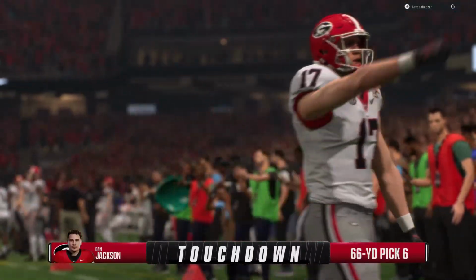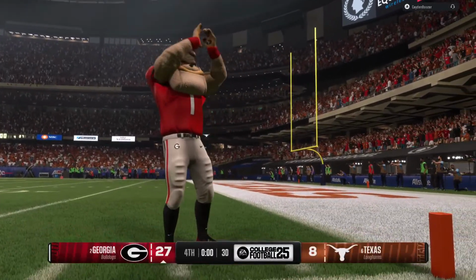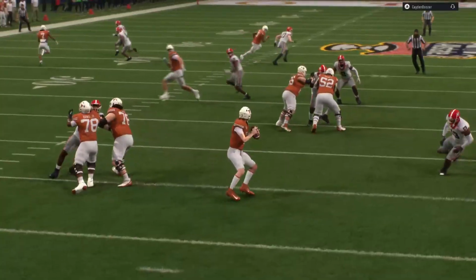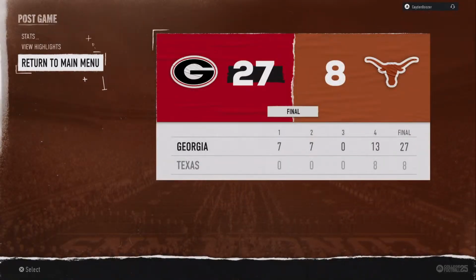Chris, how about the safety here just kind of sitting back, waiting patiently to read the quarterback, and then once the ball's in the air, there's the range to come up with that interception, and I love that he's got the speed and the hands to make this